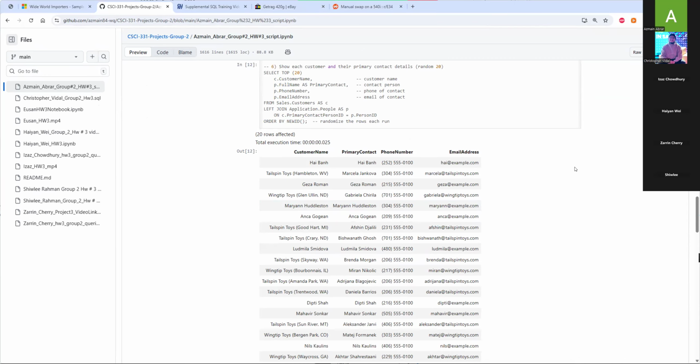So this query shows each customer and their primary contact details. It shows the customer name, their primary contact, their phone number, and their email address, for the top 20 customers. So we're selecting the customer table, and then selecting the customer name under that, and for the full name, phone number, and email address it is using the